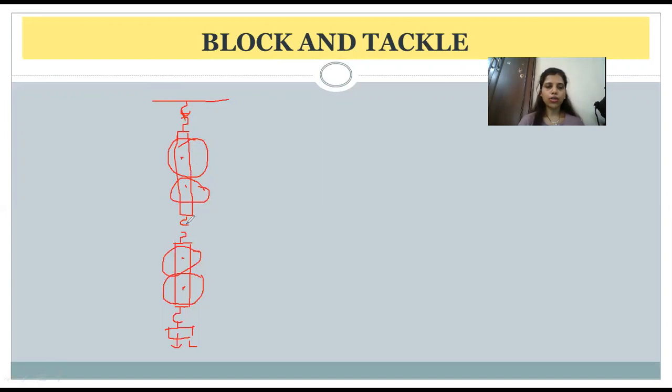Now you have to draw the string. As it is even means down, odd means up. Even is down, so we are going like this around the pulley. Then shift to this next one. Then from here going to the next pulley, and this is how we come out of it. Now this is the effort, and this effort which you're going to draw is going to be balanced. One minute actually.